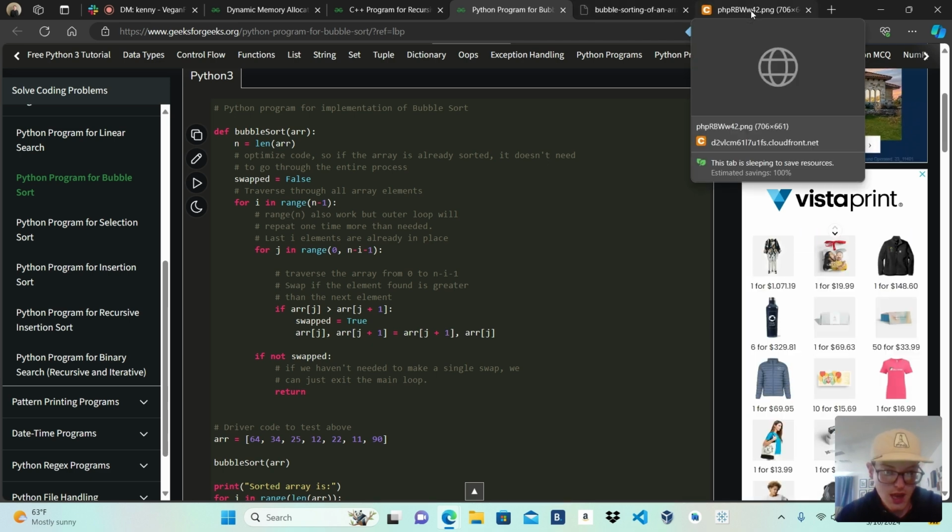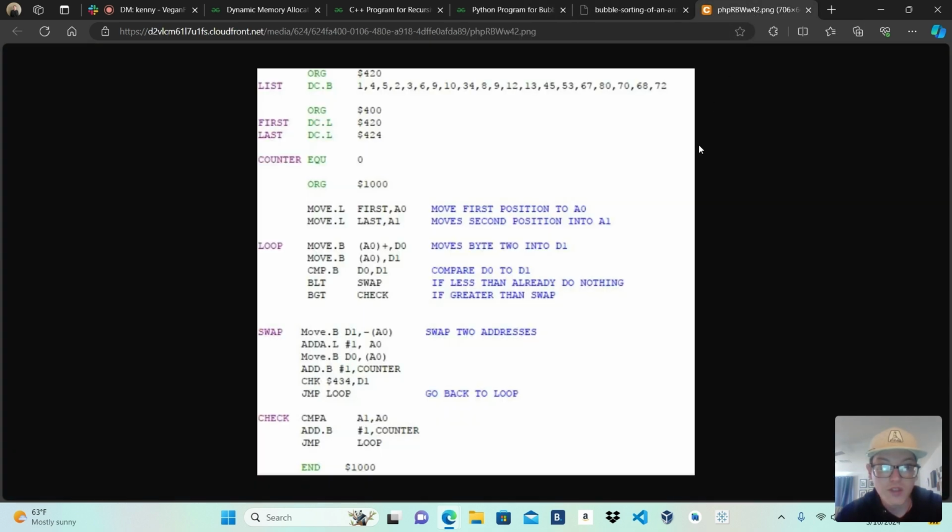And then just to end this real quick, this is a bubble sort in assembly. Assembly is really easy for machines to interpret, and for humans to interpret compared to typing out ones and zeros. So it makes machines run efficiently, quickly, and smoothly, but it is a bit of a learning curve to learn this language. I remember I had to do one of these in college, and it was a nightmare. So don't get frustrated by any means, but this is how you do the same bubble sort in assembly.